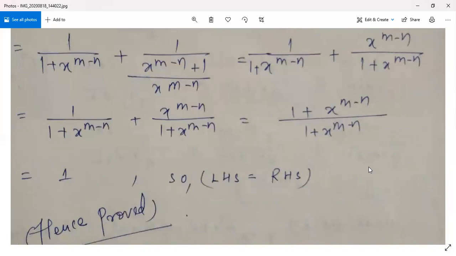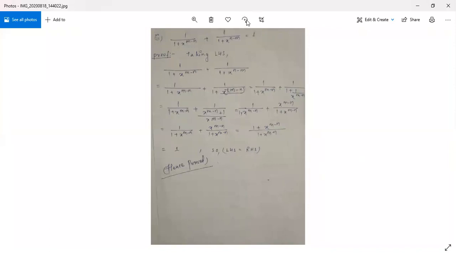तो हम लोगों को क्या मिला यहाँ पे, 1/1 plus x to the power m minus n plus x to the power m minus n upon 1 plus x to the power m minus n। अब वापस से हम लोग क्या करेंगे, यहाँ पे एडिशन है, तो फिर से हम लोग डिनोमिनेटर पार्ट में एलसीएम निकालेंगे। तो यहाँ पर देखो दोनों डिनोमिनेटर पार्ट सेम है, इसलिए एलसीएम भी वही आ जाएगा। फिर सॉल्व किया तो ये स्टेप हमको मिला 1 plus x to the power m minus n upon 1 plus x to the power m minus n। तो न्यूमरेटर डिनोमिनेटर दोनों सेम है, सो दैट विल बी डिवाइडेड एंड वी विल गेट द वैल्यू 1। ओके, सो यू हैव गॉट द लेफ्ट हैंड साइड पार्ट एंड द राइट हैंड साइड पार्ट एज same, so in this way your question is proved now।